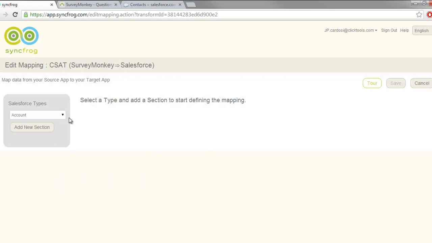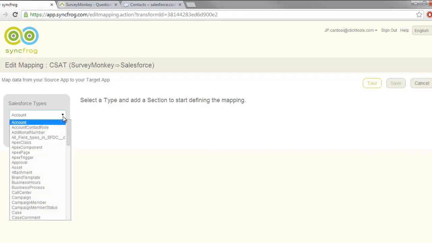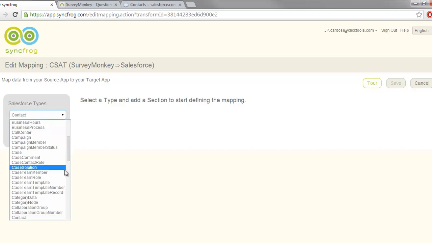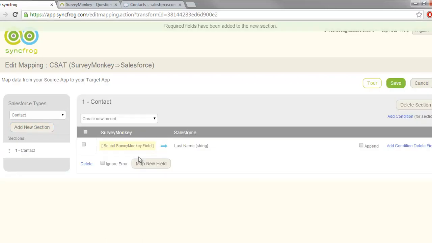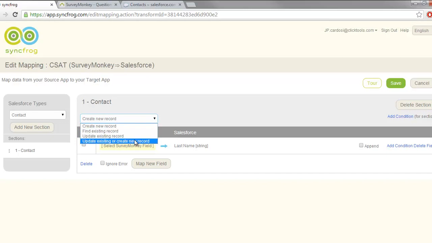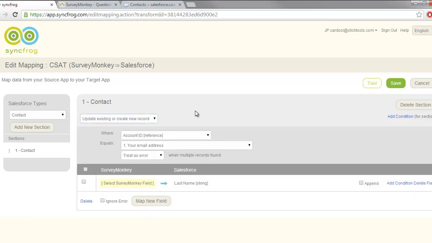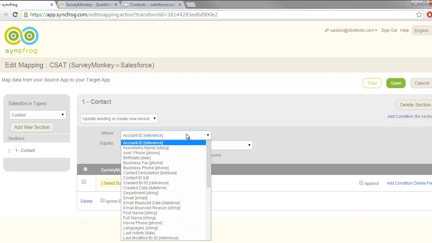Okay, so what I want to do is update existing or create a new contact. So my first thing I'm going to do is our contact mapping here. And we click on Add New Section. That is going to open up our new section here. To create a new contact, well, we want to update existing or create a new record. So that gives us our where statements. Our where is our object, and easily